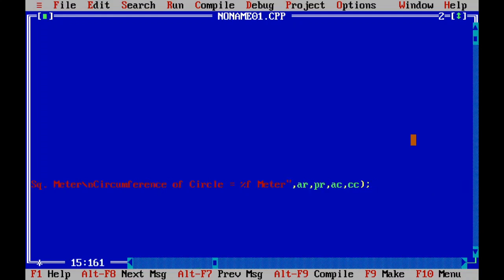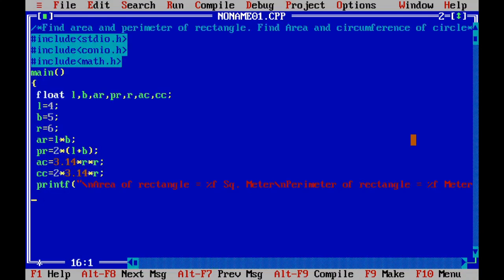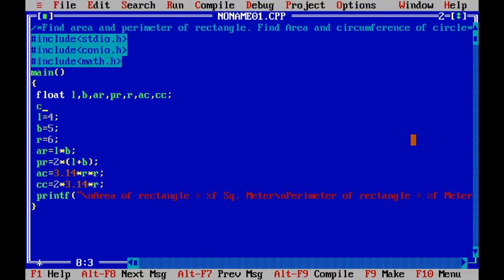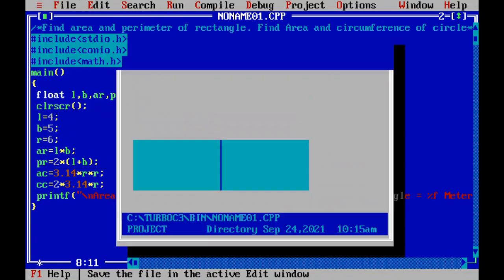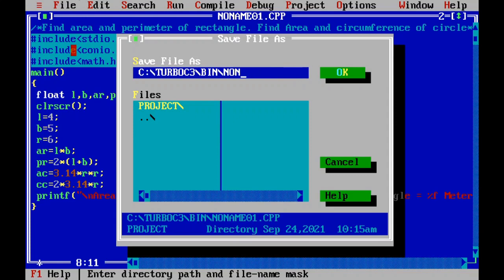Now we have to close it with the semicolon and close the curly bracket here. So now we will put one more command here, CLRSCR, which I have already told is for clearing the previous outputs. So now we will save it. We can press F2 directly, or we can go to the file tab and save it. Here I am saving it with RC, R for the rectangle and C for the circle, dot C.